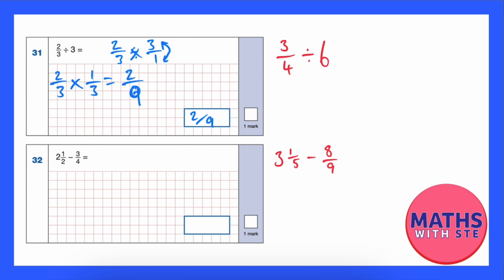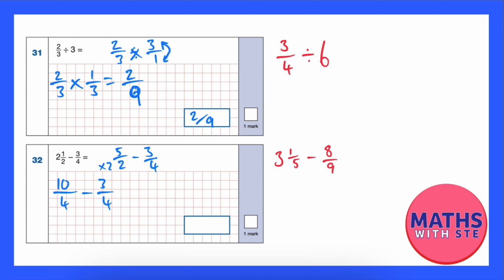Great, okay. Question 32, we've got another takeaway of a fraction. You can see here that the 2 goes into 4. So I'm just going to do the usual thing that I've done all the way through this. I'm going to do 2 times 2, which is 4, add 1 is 5. So that's going to be 5/2 minus 3/4. Now I'm just going to times this one by 2. So 5 times 2 is 10, and 2 times 2 is 4, minus